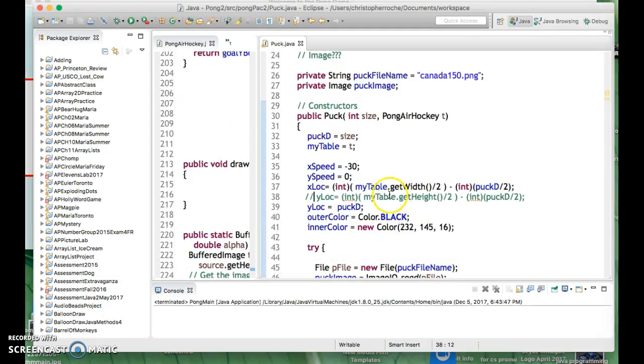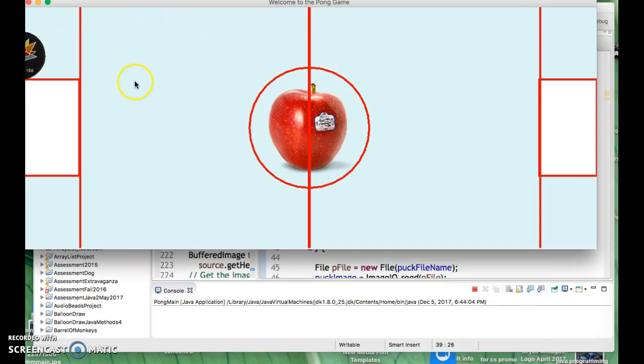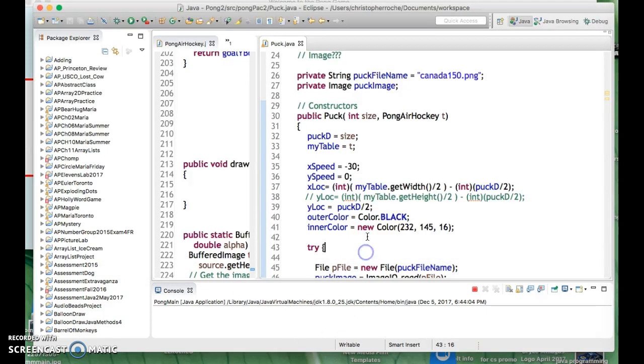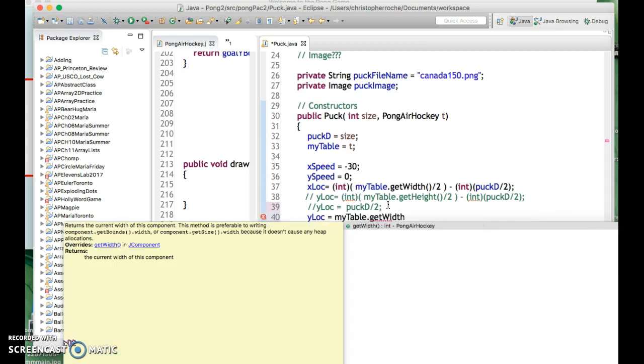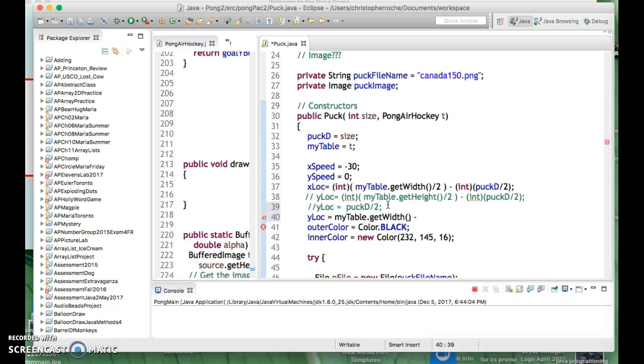Let's see. Maybe puck d is too low to see it. Let's do puck d divided by 2. So there it goes. It should bounce here. I'm not going to let it go in this corner. Okay. And then if it's really low, then equals like my table get width minus puck